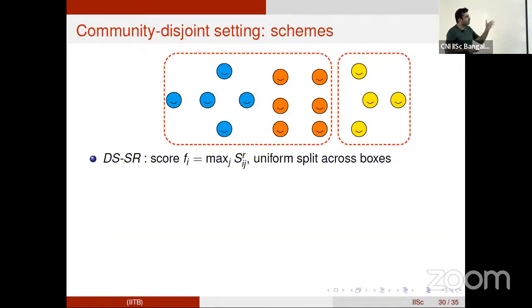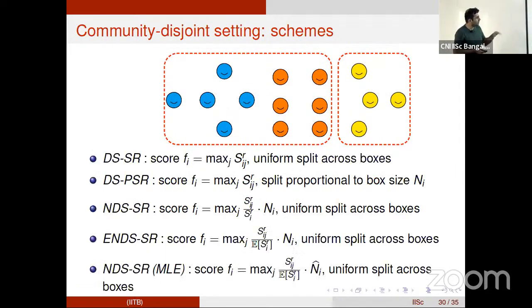We come up with some other rules. These are rules which try to take care of this issue of varying box sizes. If the box sizes are very skewed, how do you deal with that?